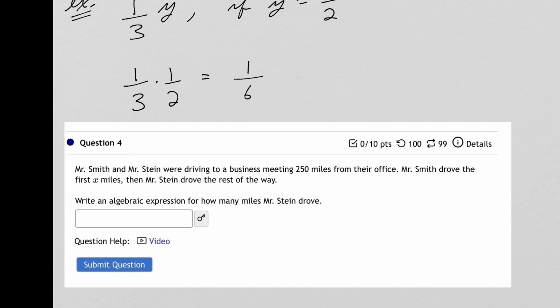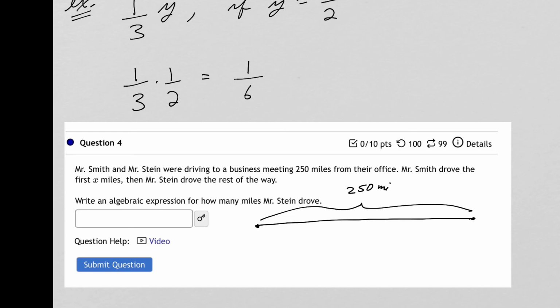Let's say this is their office, right here. Let's say this is their destination over here. So this distance, that's going to be 250 miles. Right? So this is 250 miles. Then they tell us Mr. Smith drove the first X miles. We don't know what that is, but let's just say this distance is X. Okay, so that's Mr. Smith. And then Mr. Stein drove the rest of the way. So Mr. Stein drove from here